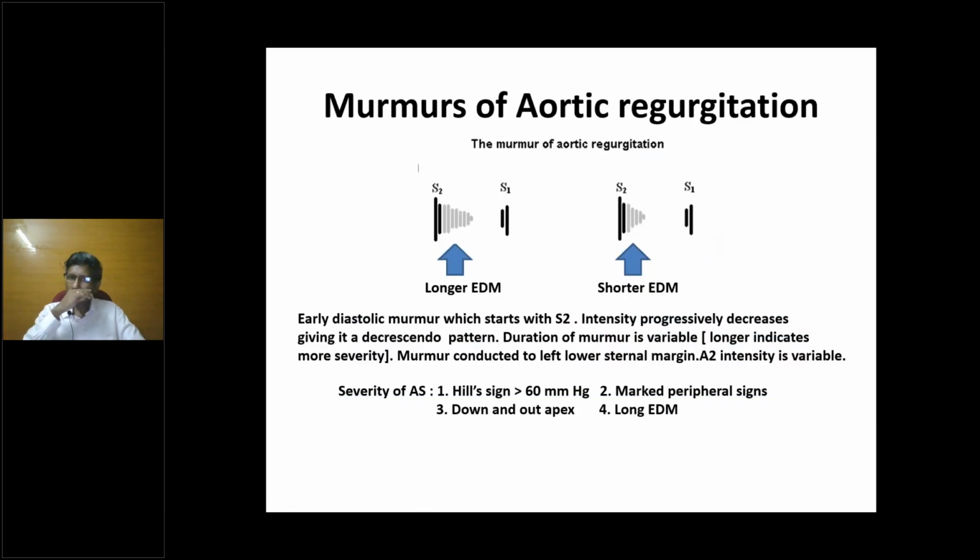Regarding the murmur, it will be an early diastolic murmur. A short early diastolic murmur is very difficult for an undergraduate to appreciate. Even a long early diastolic murmur is very difficult to appreciate. But remember, it will radiate towards the left lower sternal edge. So when you hear the early diastolic murmur in the left second space, it will come down to the left lower sternal margin. The better place to auscultate for the early diastolic murmur is the root of the aorta, which corresponds to the left third intercostal space, also called the second aortic area.